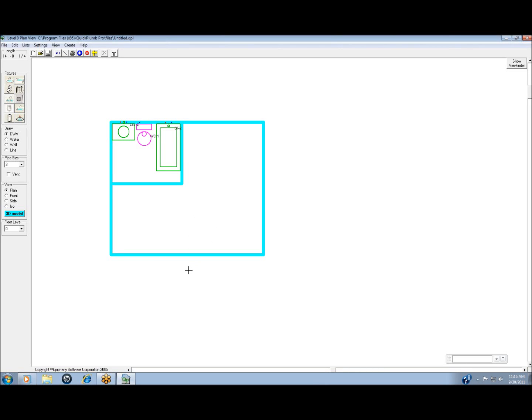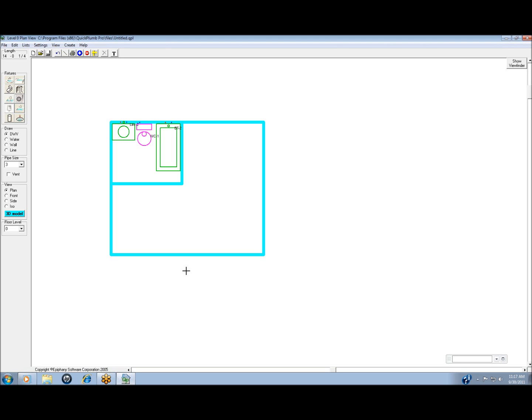This might be a concrete slab, or it might have a crawl space, or it might have a basement. It doesn't matter at this point. So I'm going to just randomly select a location. Let's say that they have community sewers, so I want to put my building drain in the front of the house. I will start outside of the outside wall,